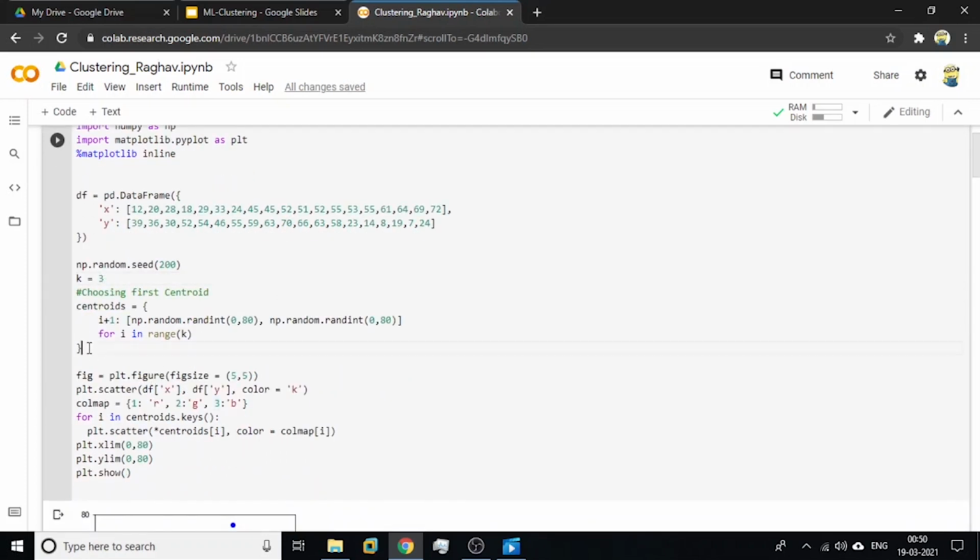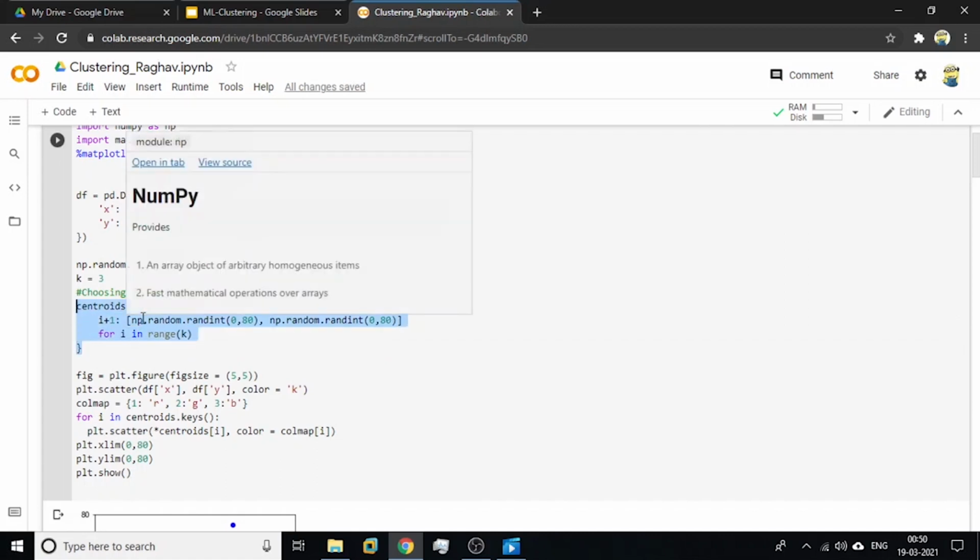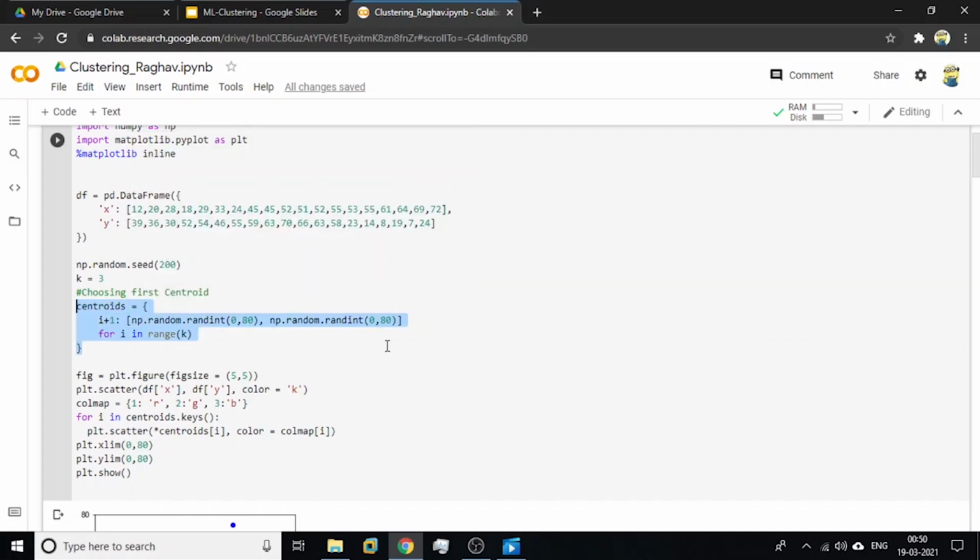This block of code is basically to choose the first centroid. It will randomly pick an x coordinate from 0 to 80, randint of 0, 80, and from 0 to 80 it will pick another random integer, and this will form the first centroid, our starting point. This is similar to the red t-shirt, the blue towel, in our hostel analogy.